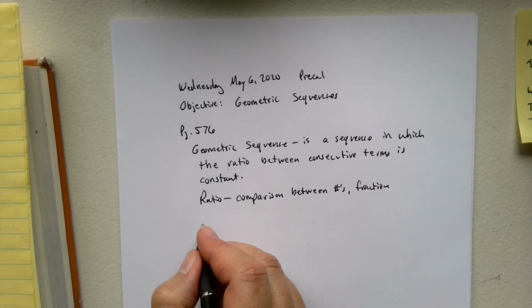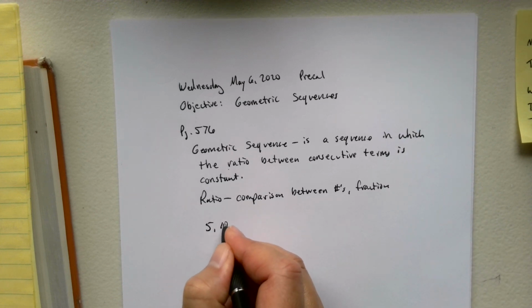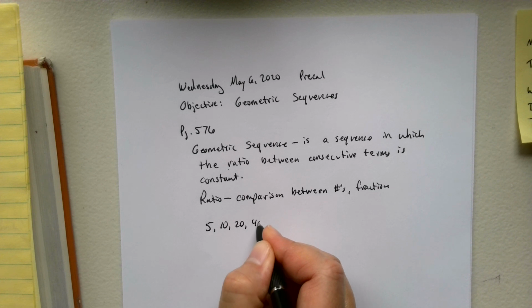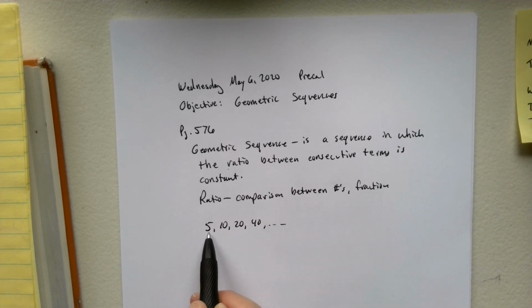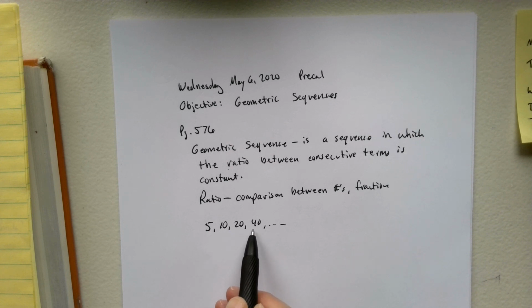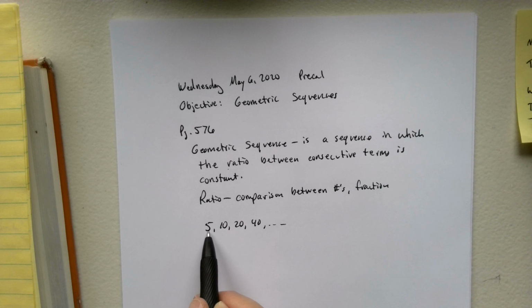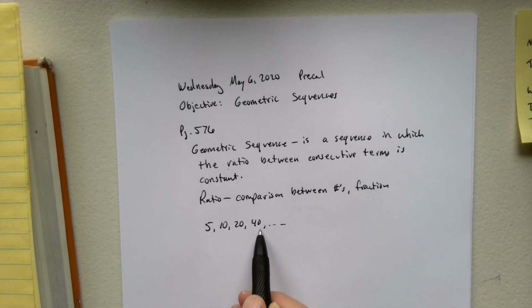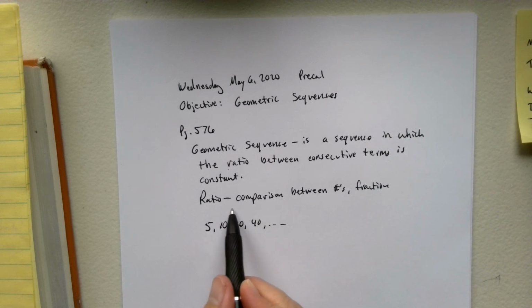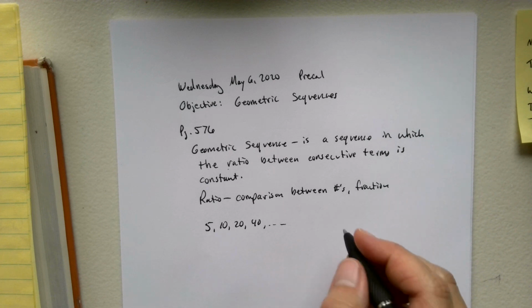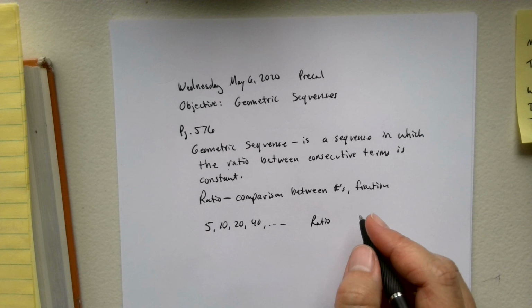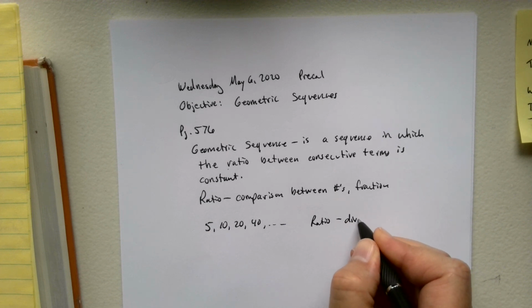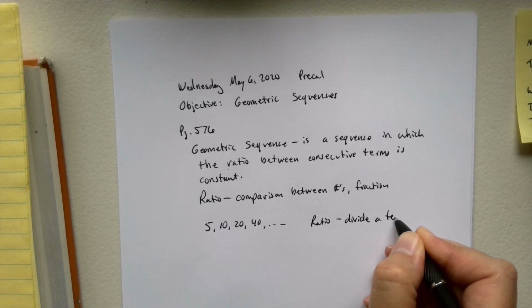And so if we have 5, 10, 20, 40, and you look and you think, oh, what's happening? 5 times 2 is 10, 10 times 2 is 20, 20 times 2 is 40. And so it's being multiplied by 2. A ratio is a comparison, and the way we're going to find the ratio, which is 2 for this one, is you are going to divide a term